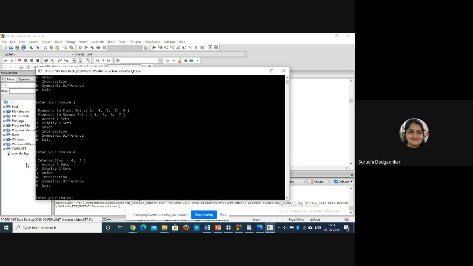Okay, and after you do these things, accept, display, and intersection, then try to think about the logic for union and symmetric difference, all those things. Okay, so even if you don't do that, it is fine. We will discuss it in the next session, but these things are required, that you should try to write the code for accept, display, and intersection. Okay, if you can come up with the doubts, etc., then we will discuss it first and then we will go ahead. This is actually a very simple assignment, but important in order to understand the array concept.